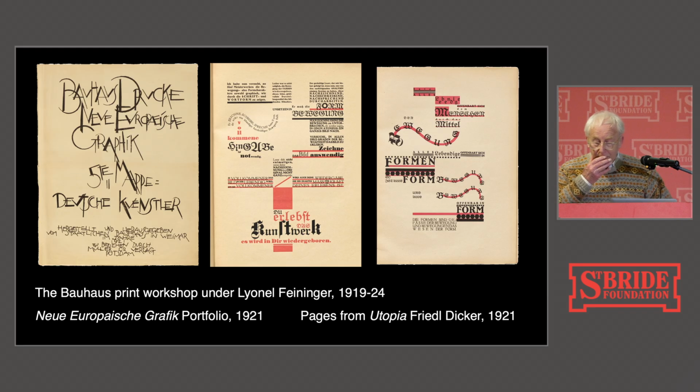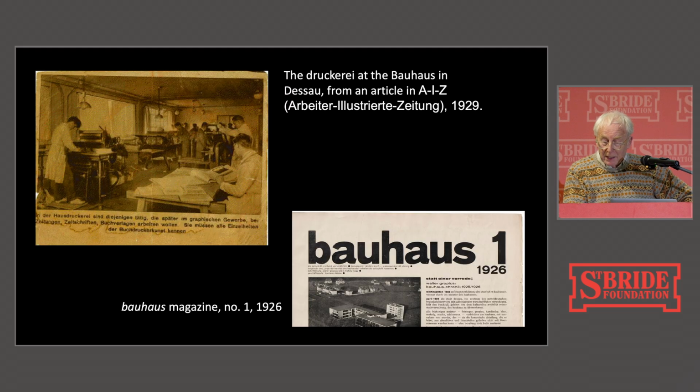After the move to Dessau, some of the technical limitations were overcome. The school finally had its own letterpress workshop and stock of metal type. It was only then that the institution could better express its design and typographic sensibilities. Moholy-Nagy worked closely with Gropius to create many of their publications, notably the Bauhaus magazine, which you can see the banner headline for here, demonstrating a progressively simplified and systematic typography.